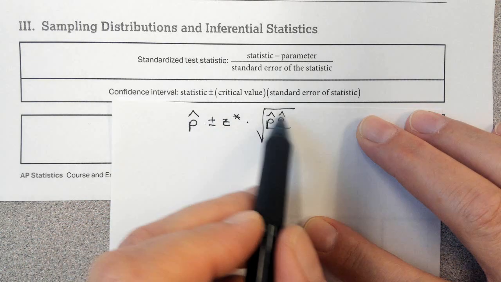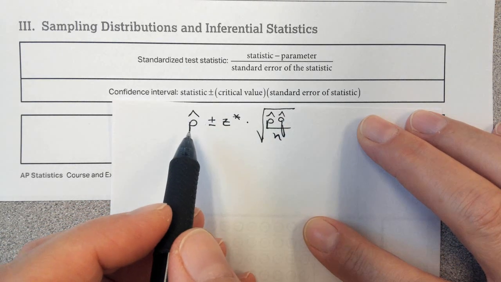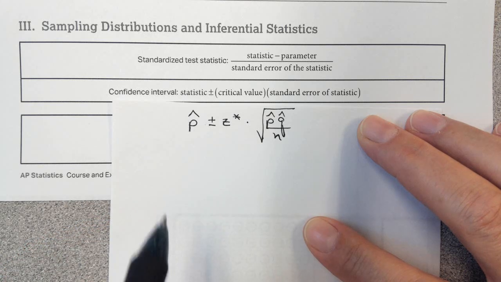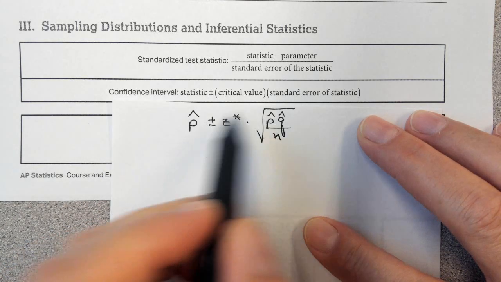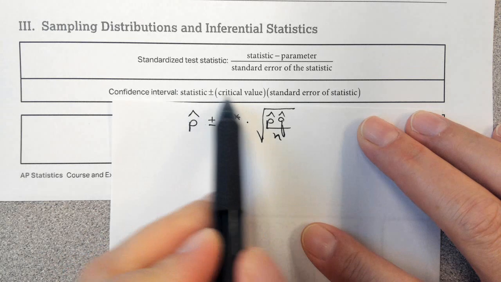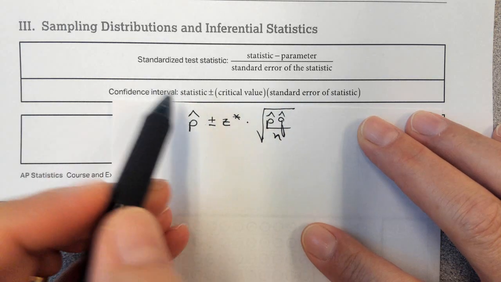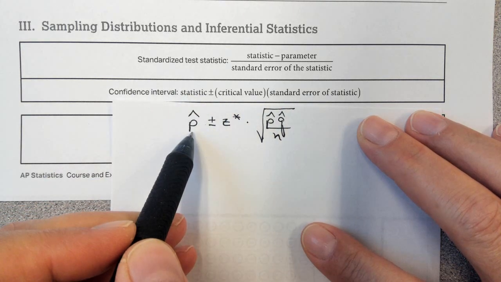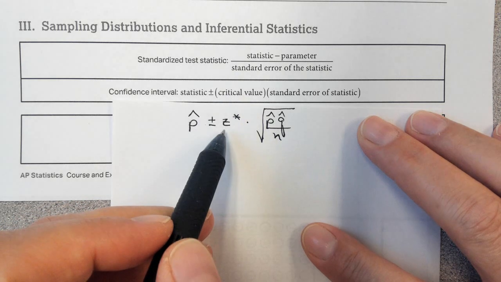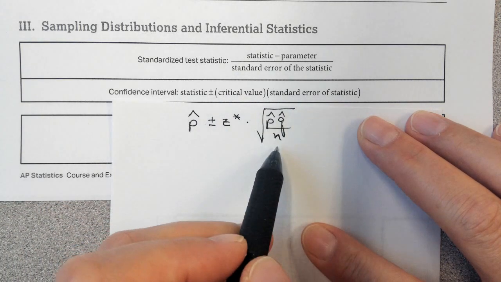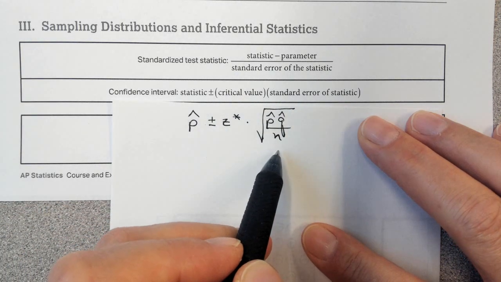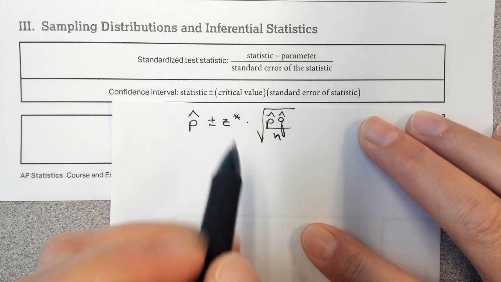And so this is the one that it would just be really handy if you knew off the top of your head. But if you couldn't remember what pieces go where, this is your formula in general terms. Statistic, put in a p hat. Critical value, z-star. Standard error, formulas in the book. Okay, so